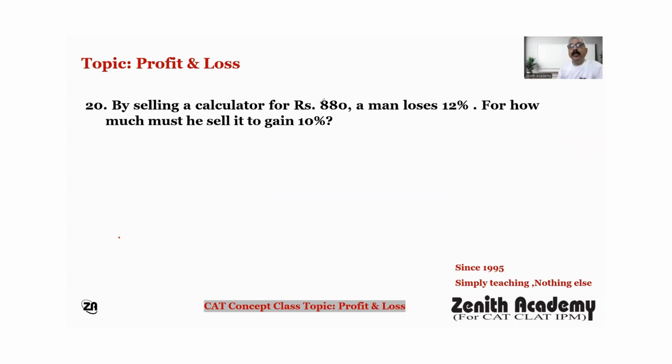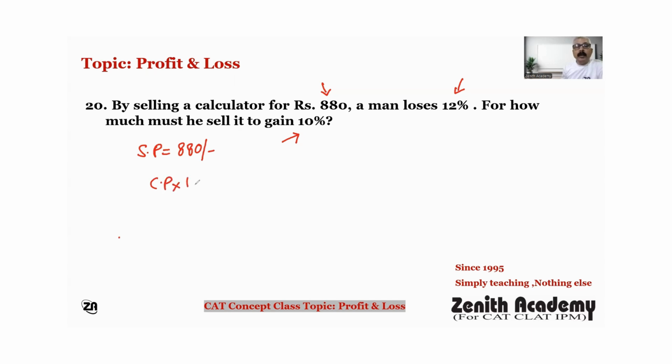Here, by selling a calculator for rupee 880, a man loses 12%. For how much must he sell it to gain 10%? So look here, 880 rupees is a selling price. Okay. And this way, there is a loss of 12%. It means 880 is a